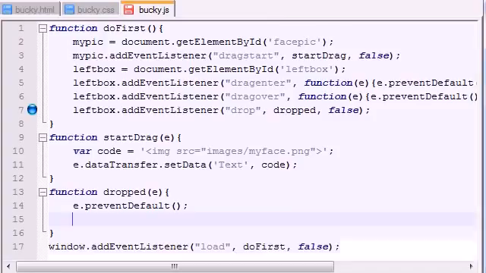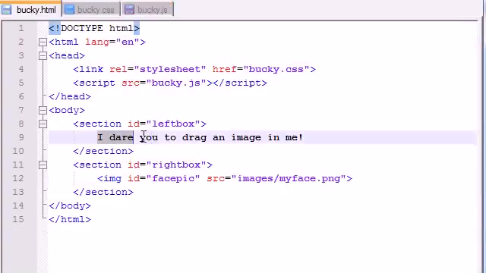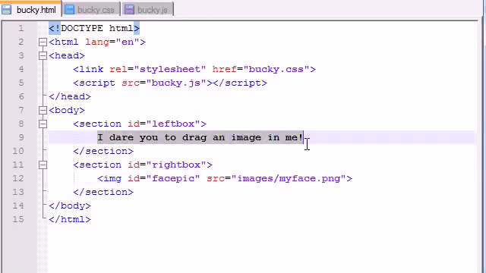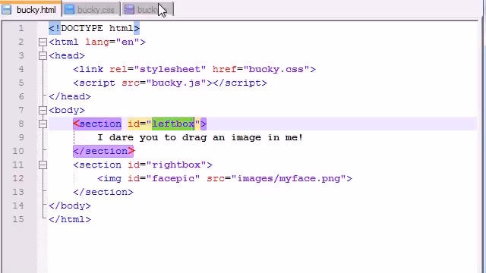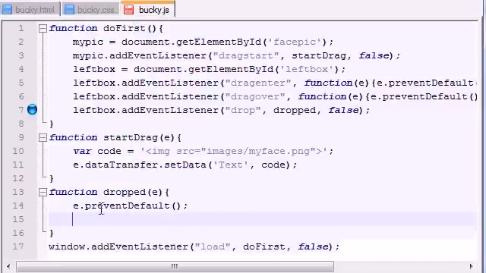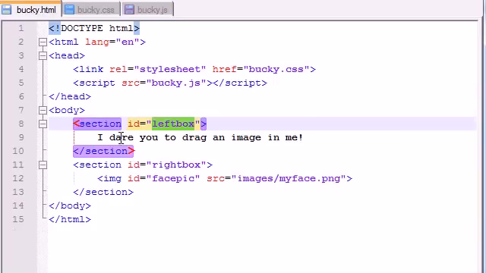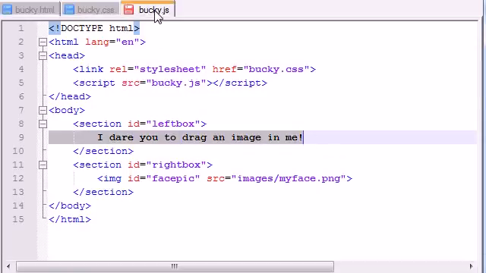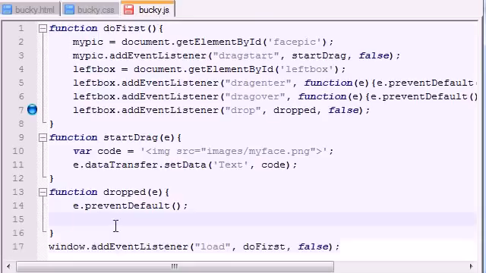image right here. In order to do that, we need to replace this text right here with this code right there. So how do we access this text inside the HTML? Well, we need to reference it through leftbox, and there's a property in JavaScript called innerHTML, and that basically says, whatever is inside these tags right here, that's the property I'm referring to. So we already referenced leftbox